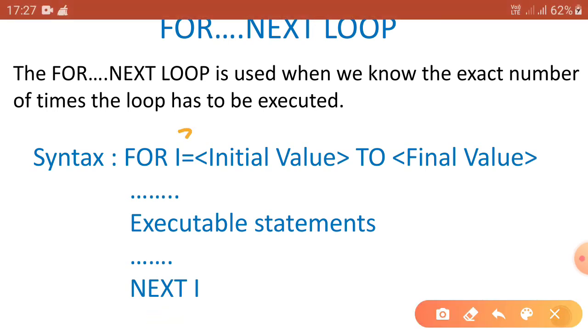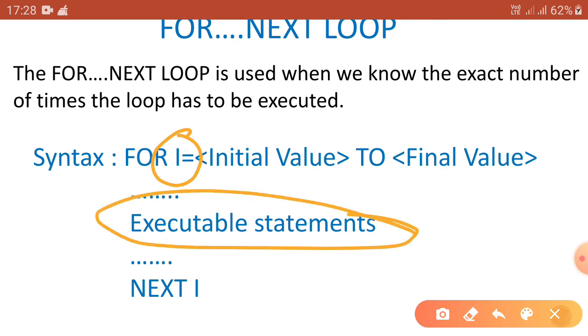Then executable statements in between, and then NEXT I. That means increment the counter variable. The default increment value of the counter variable is 1.